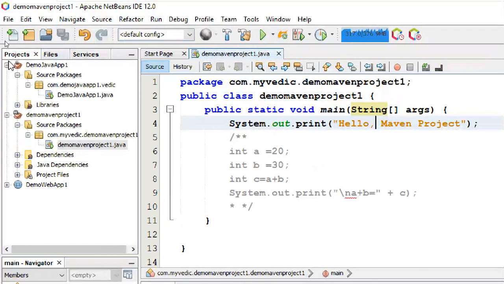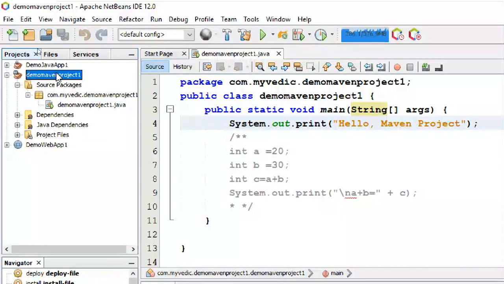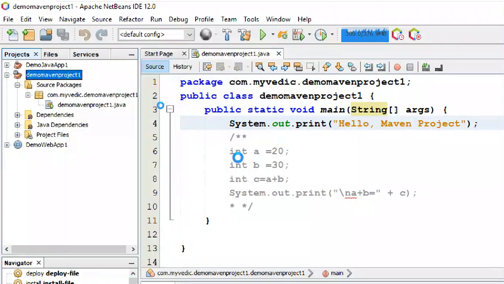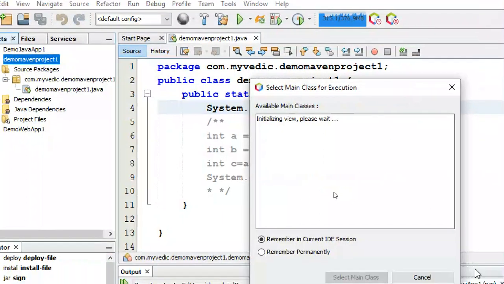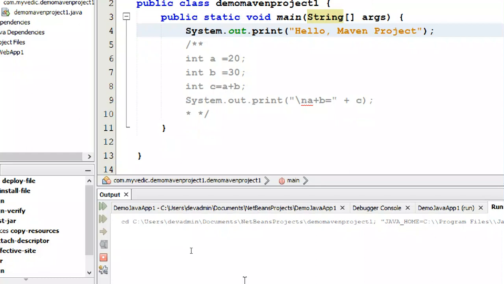Now save it. Now right click, Run, or you can run from here. So it is initializing something. It is saying the available main class is this one. Select main class.